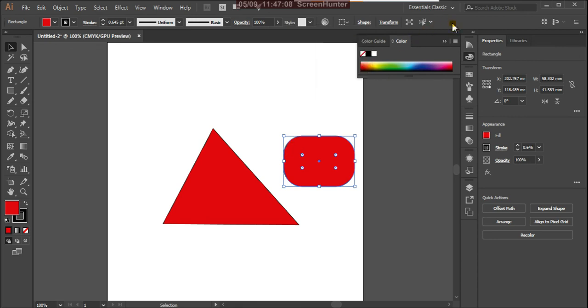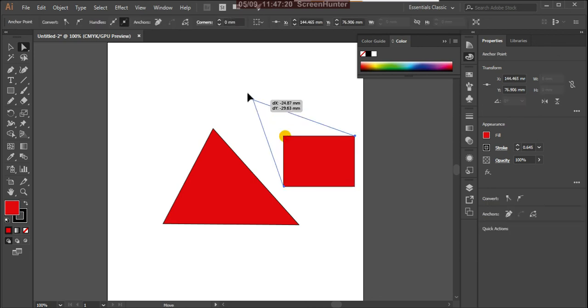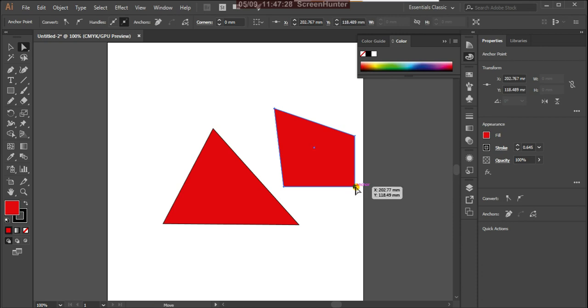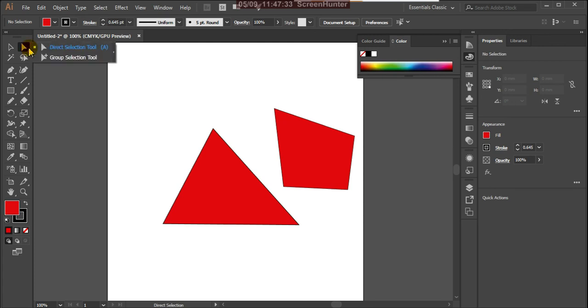The same way, we use the direct selection tool, which can select individual parts. Suppose you can select an individual anchor point and edit it. This is very helpful for creating logos and editing your work. With the group selection tool, within groups you can select the individual parts. This is useful.